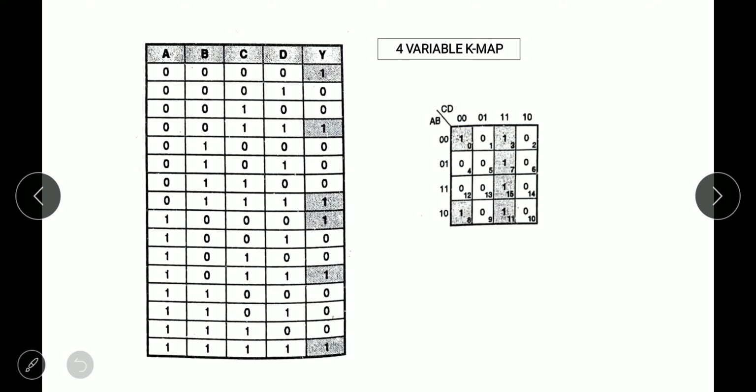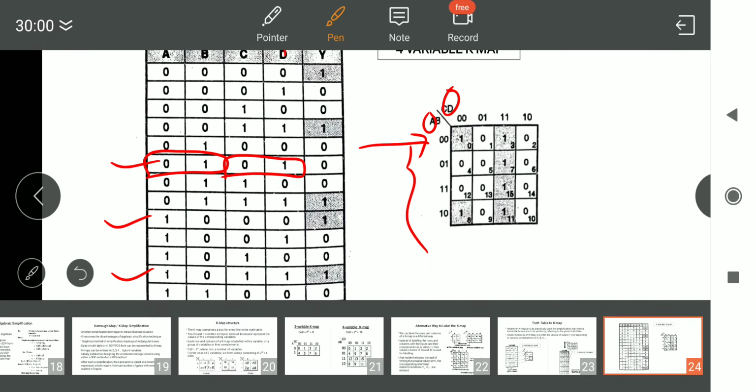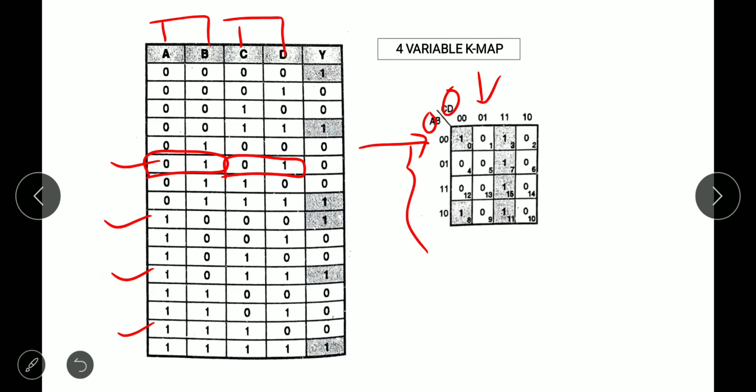And for a four variable K-map, first we have AB, in pairs of 2, that is AB here and CD here. For the first column we write a tick mark. Here AB is 0 0, so find where AB is 0 0. So AB is 0 0 here, so you take this row. Then next CD is 0 1, where is the 0 1? This is the 0 1. So for 0 0 and 0 1, write 0 here.